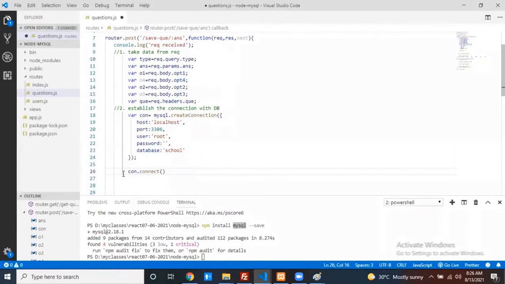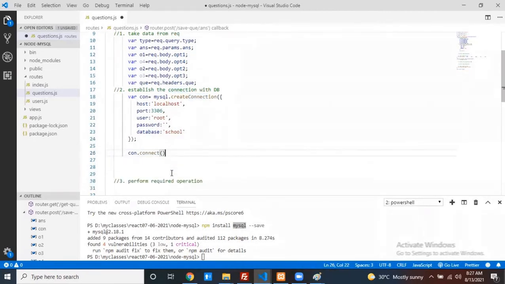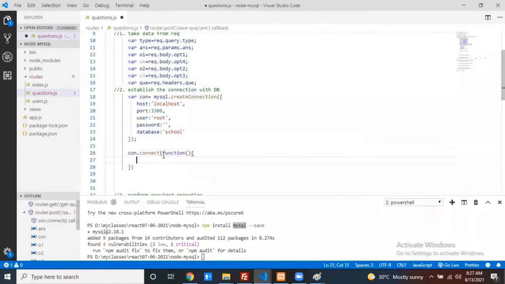Then as a developer, how can you come to know that this connect method is trying to connect? I want to know whether it is success or failure, established successfully or failed, but I don't know how much time it will take. How can I come to know? Very simple. My connect method told me: you don't know how much time it will take, you don't know if it's success or failure, so do one thing. Give me one method as an argument. Give me one callback method. I will do one thing.